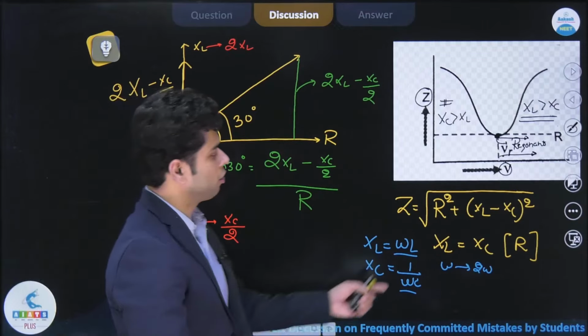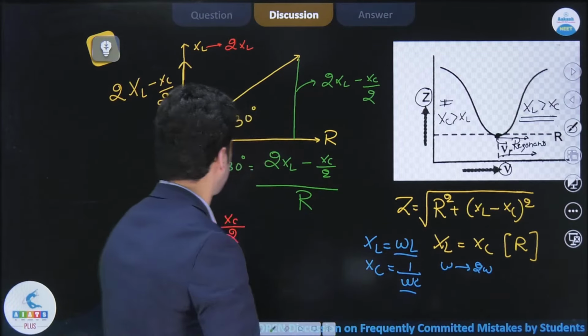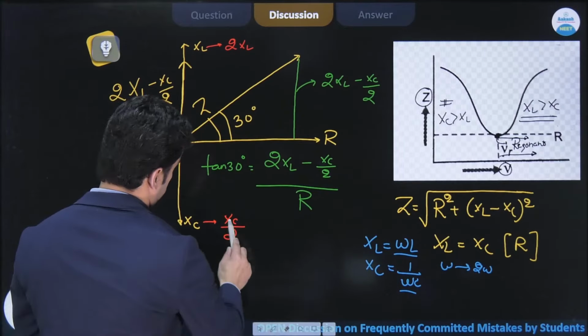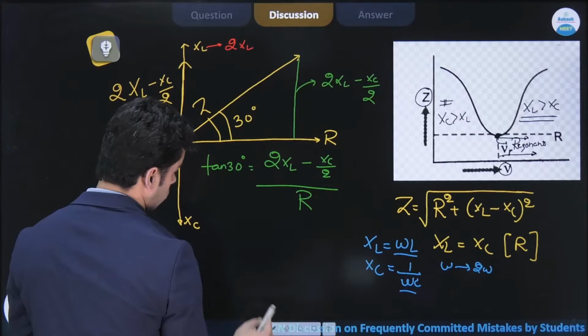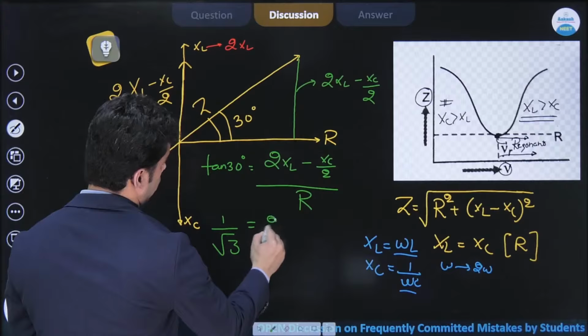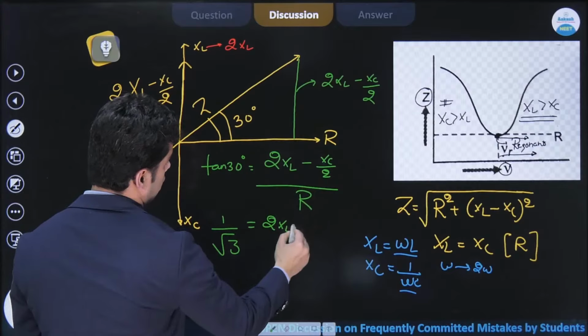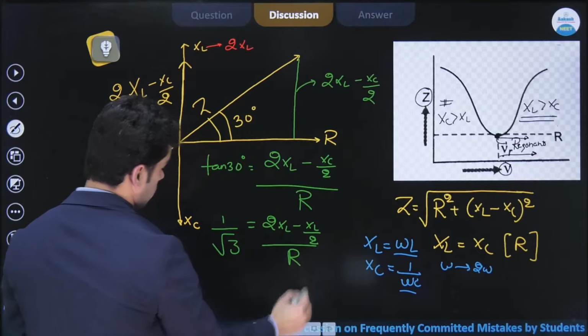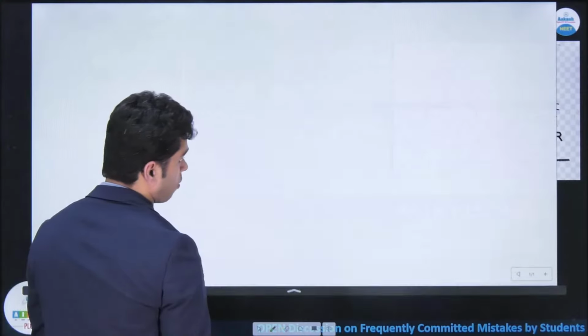और रेजोनेंस की कंडीशन में XL इक्वल टू XC था, तो मैं लिख सकता हूँ, जस्ट अ सेकेंड, मैं इसको रब कर देता हूँ बेटा. तो मैं लिख सकता हूँ 1/√3 इट इज इक्वल टू 2XL इन प्लेस ऑफ XC I'll write again XL by 2 by R, right. So if I want to simplify this,